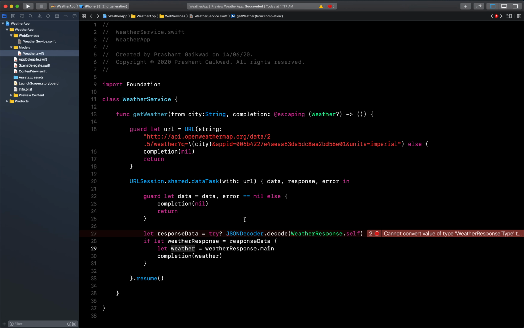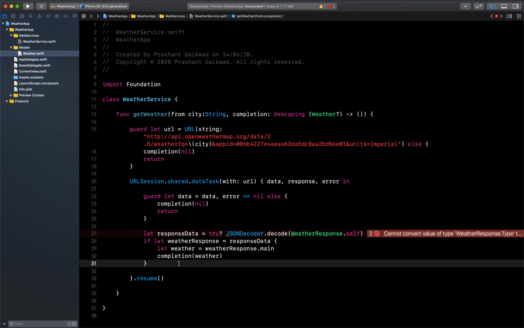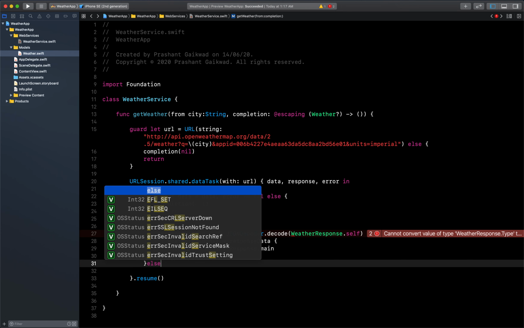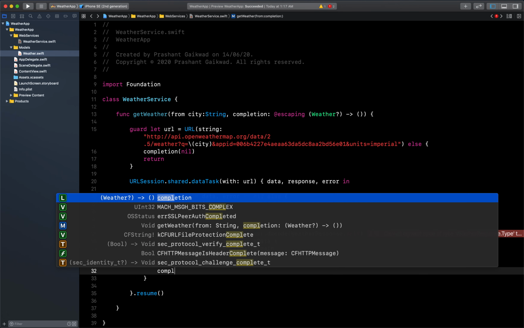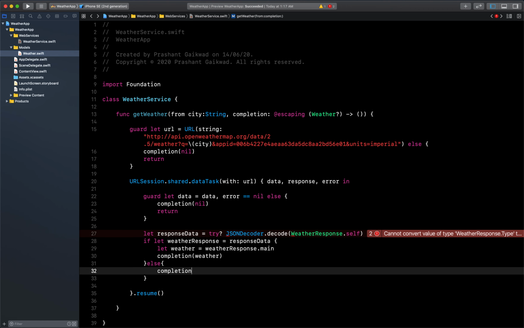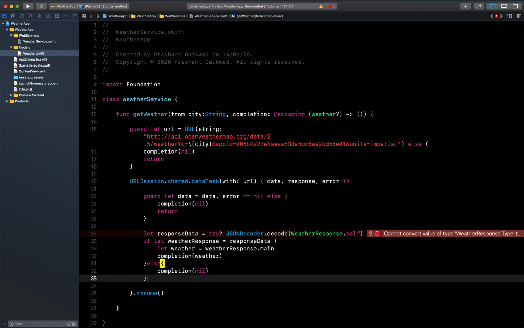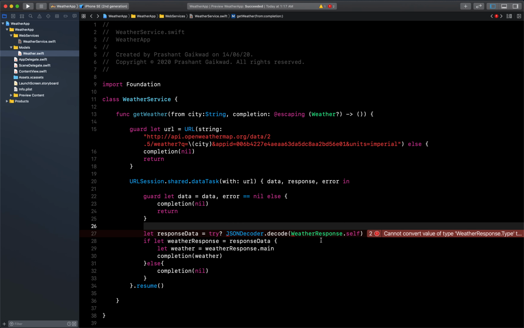This weather, which is of type Weather. Okay, so now we have got the weather and we are returning it. Else if we are not getting the weather there, then we need to return nil. Okay, so this is all about our weather service.